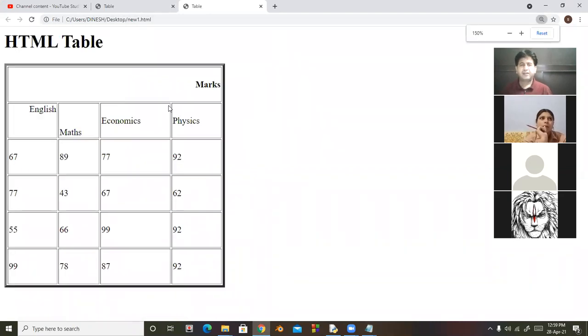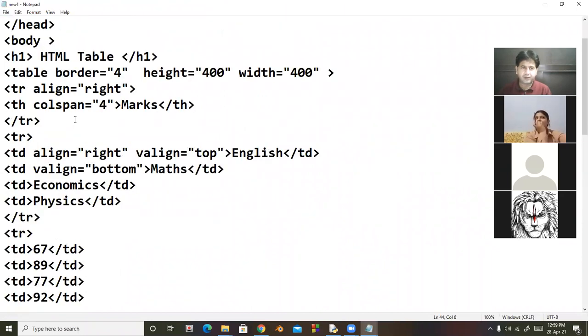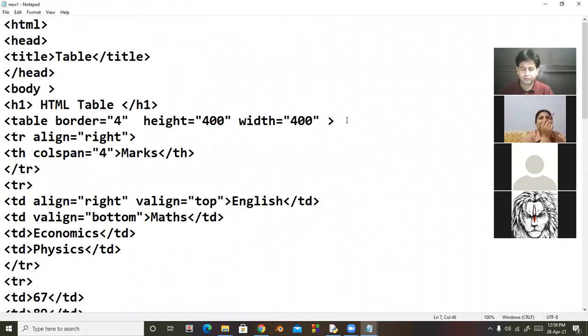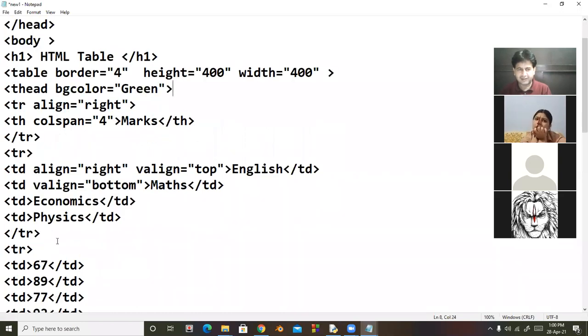So look at here. Now here after a table tag, I am using T head and BG color equal to green, and after the first line and then the second line I close T head.